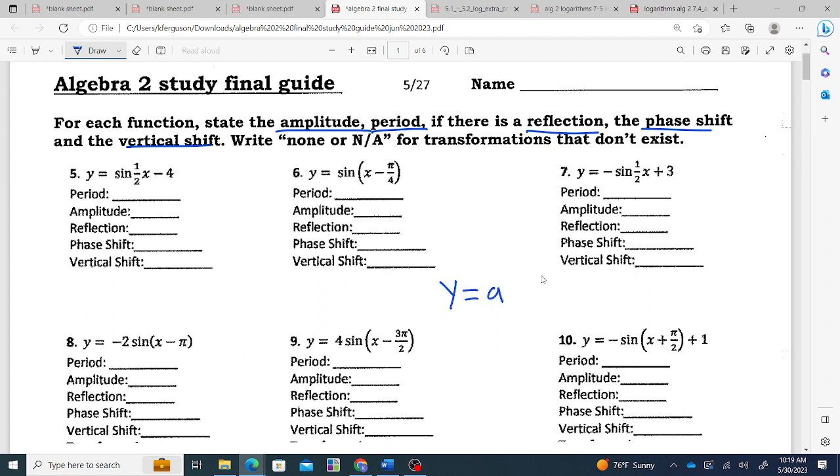We got a sine or cosine of bx minus c plus d. A, the number that's in front of your sine, that's your amplitude. So if there's no number there, then it's one. So like the first one, the second one,